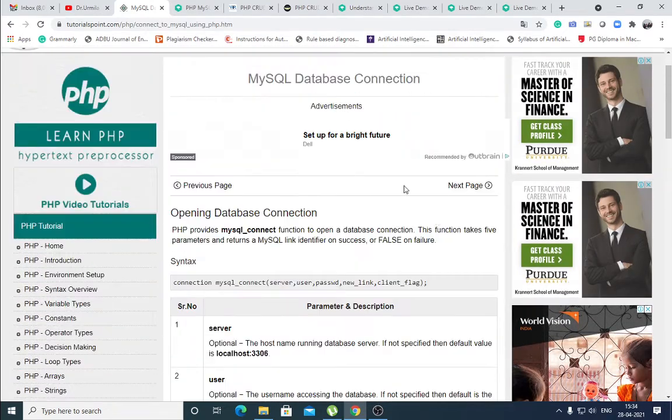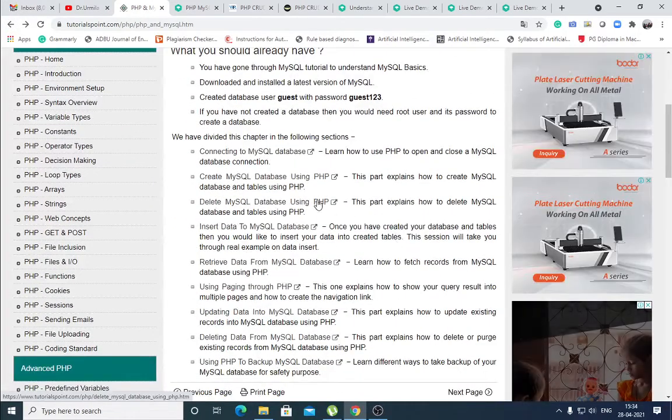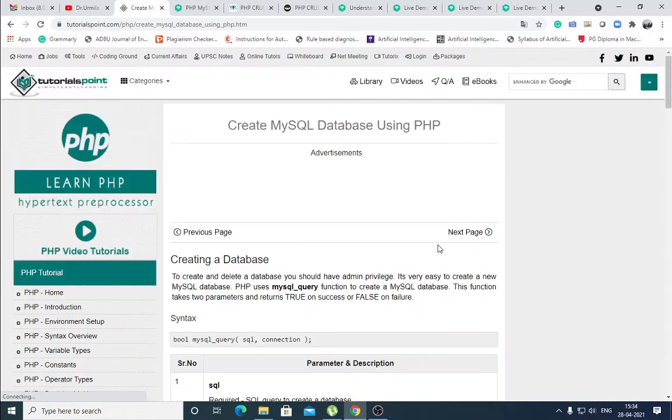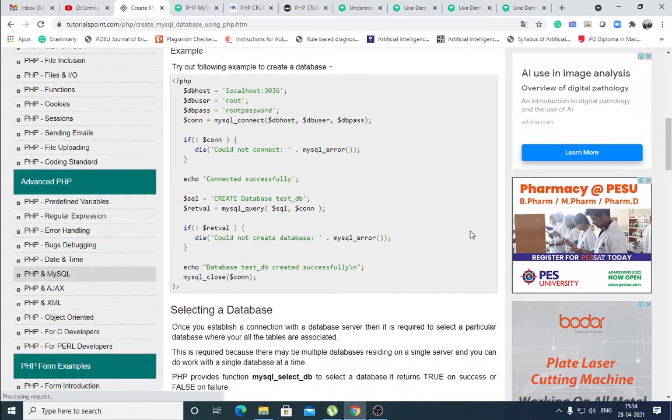Here again we have to see how to create the database from a PHP program. All these variables are there, same program. After connected successfully, $SQL is equal to create database test_DB.